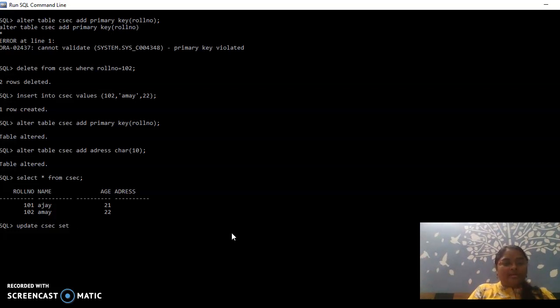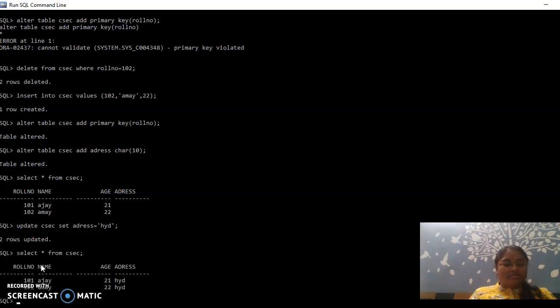With update, you will be using the set keyword. Update CSCC set address equals to Hyderabad, HYD. So all the rows will be updated, because I did not give any condition. I have said update CSCC set address equals to Hyderabad, so all the rows will be updated. But I want only one row to update. Oh, two rows got updated.